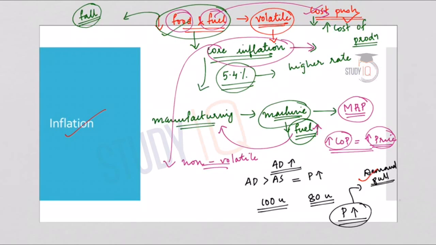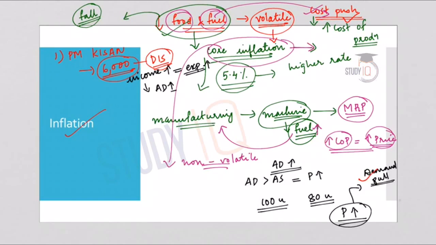Now, coming to the budget analysis, the government has introduced various schemes, various yojanas, various proposals under the budget. First one, the Pradhan Mantri Kisan Yojana. It provides an assured income of rupees 6,000 to the rural farmers. So this is a direct income support. So here the farmers are earning more income. So more income to the farmers means there will be more expenditure or more spending by the farmers. So it will lead to increase in the aggregate demand of the rural economy or the farmers, leading to demand pull inflation. So when there is a demand pull inflation, what happens? The core inflation will increase.